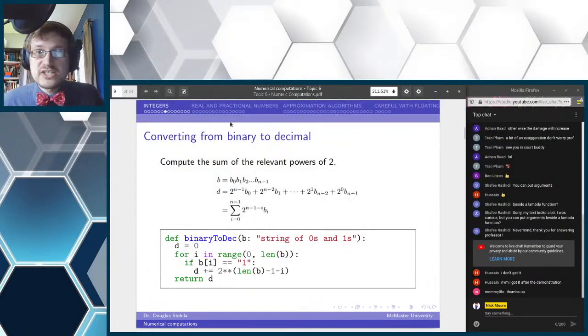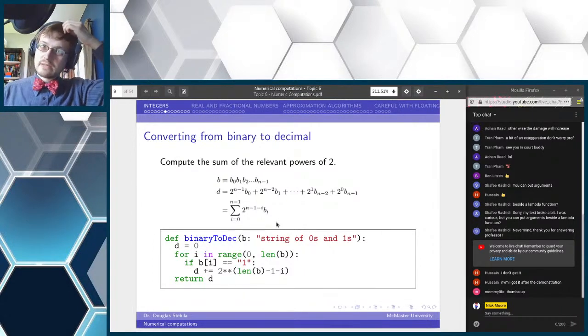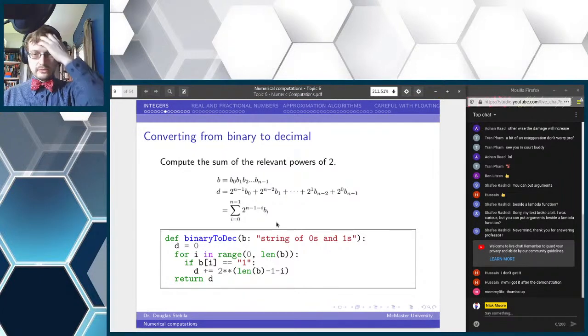Rather than call them digits, though, we generally refer to them as bits. So, most significant bit to least significant bit. This is also sometimes called Big Endian, which is